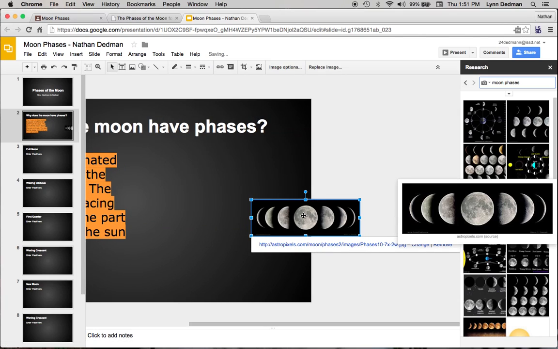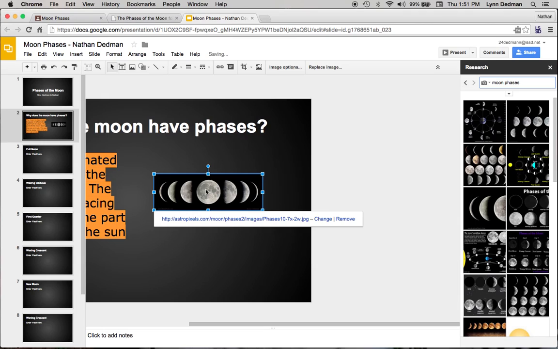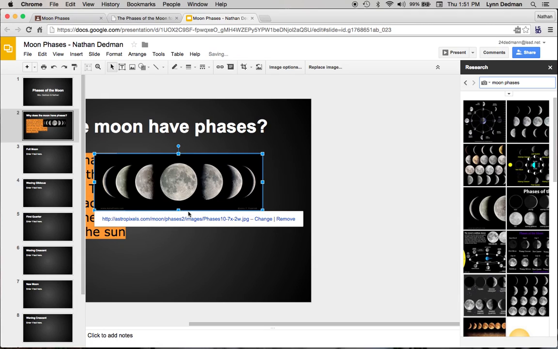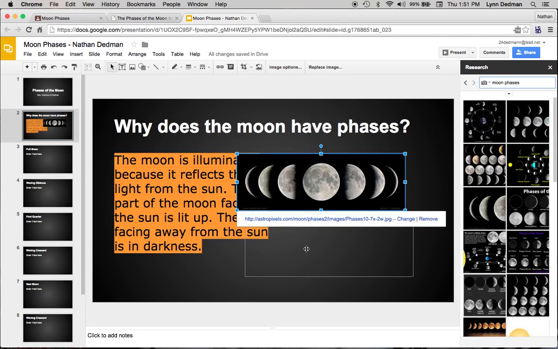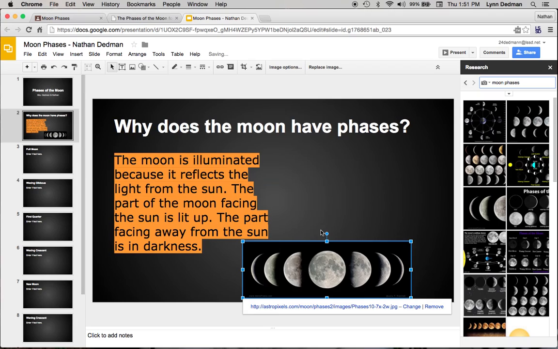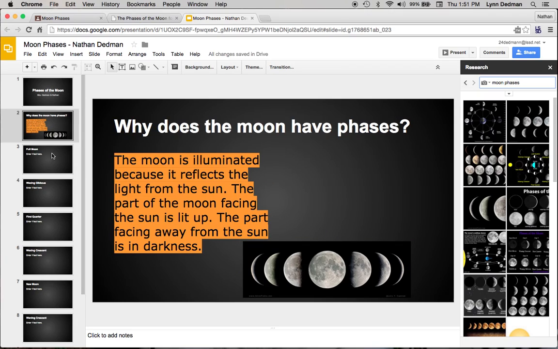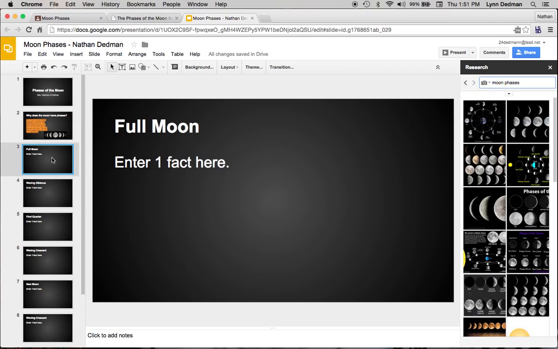Once I get into my slideshow, I might have to click and drag to move it around, or resize the picture so that it better fits the slide. Whoops, slid down to the next slide. I'm going to move it down here so it's not covering up my text. Now I'm ready to move on to the next slide, where I'm going to find a fact about the full moon. I'll work my way through the entire slide, and when I'm finished, I can go back to my classroom